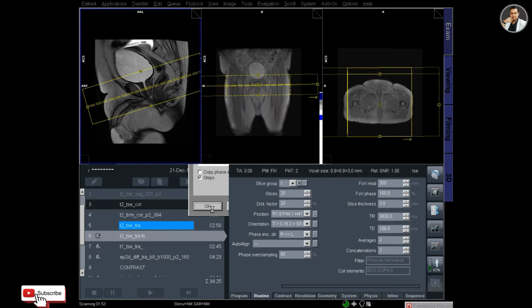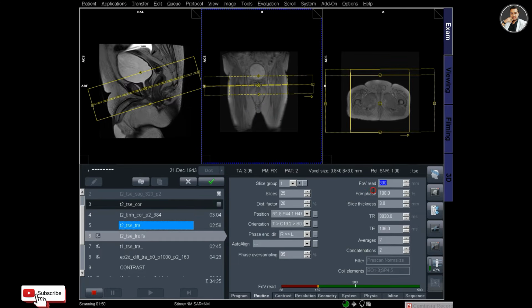And now I copied for T2 fat sat transverse.